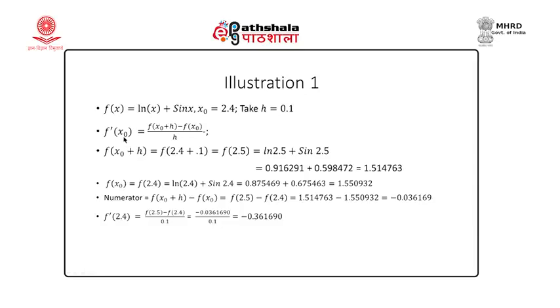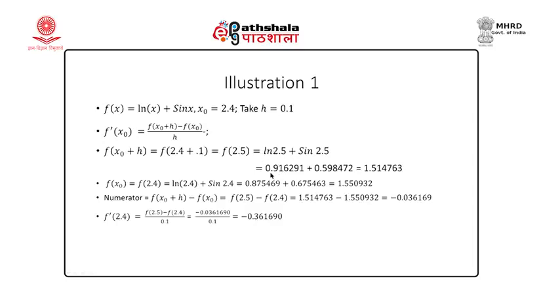Our formula is f'(x0) is approximately given by the ratio, the numerator is f(x0 plus h) minus f(x0), the denominator is h. Let us calculate the numerator. So, the first term in the numerator is f(x0 plus h), x0 is 2.4, h is 0.1. So, f(2.4 plus 0.1), that is f(2.5), put 2.5 in the expression of f. So, ln 2.5 plus sin 2.5, and for this you have your smart calculator, smartphones. You can use the scientific calculator in your smartphone directly to get ln. Remember, ln is log x to the base e.